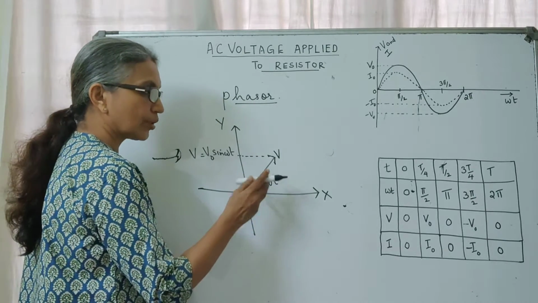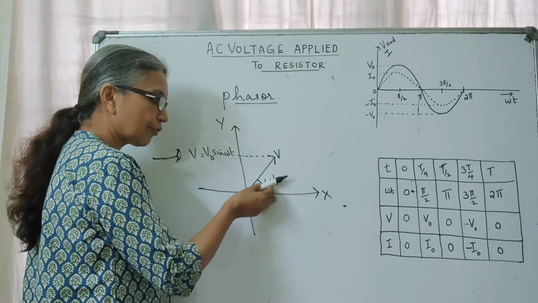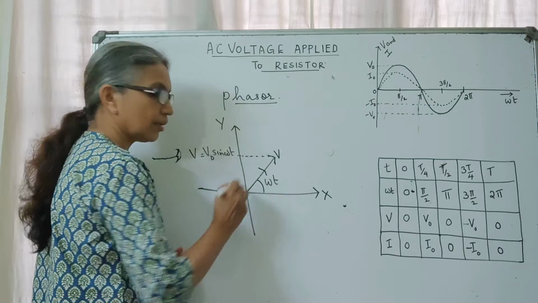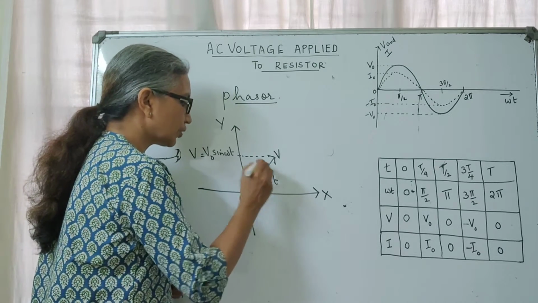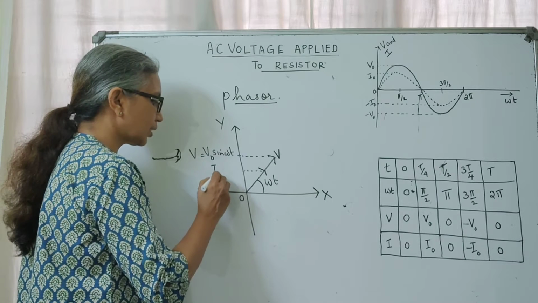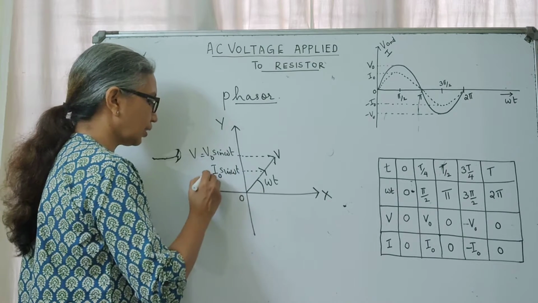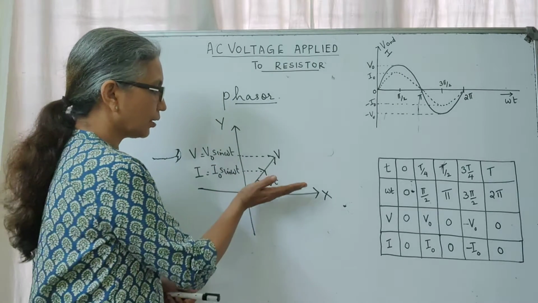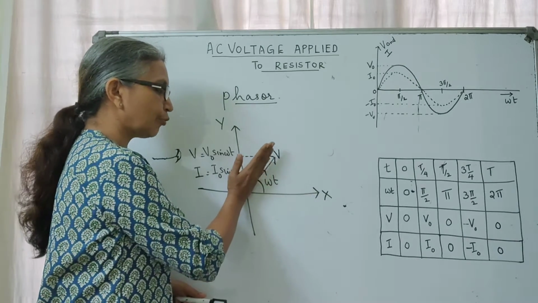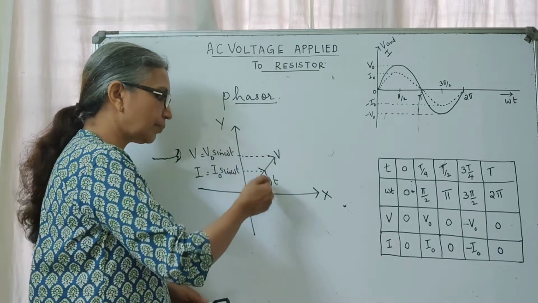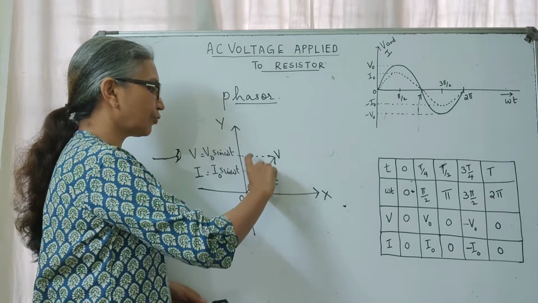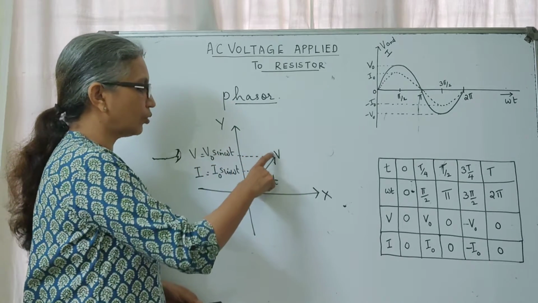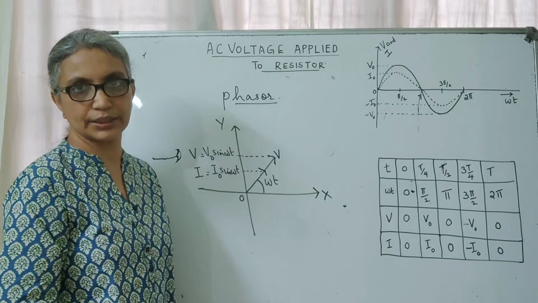So if I am using a phasor to represent the current, it also would have covered the same angle omega t in this time t, and I am going to represent that as the other phasor whose projection onto this vertical axis will give me the instantaneous value of current at that time. Okay, so if you look at this phasor, you will see that both voltage and current are in phase, meaning they would have covered the same angle, and the projection of that phasor onto this axis will give you the instantaneous value of voltage and current at that particular time t.